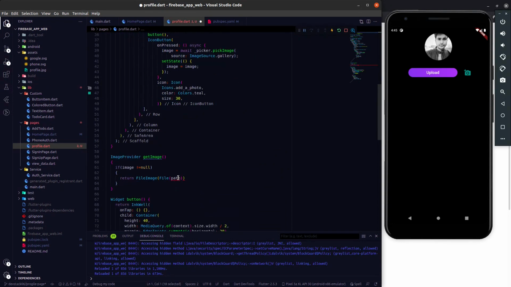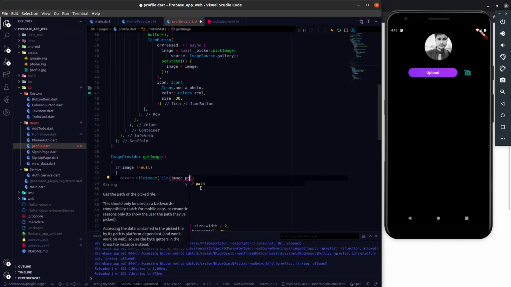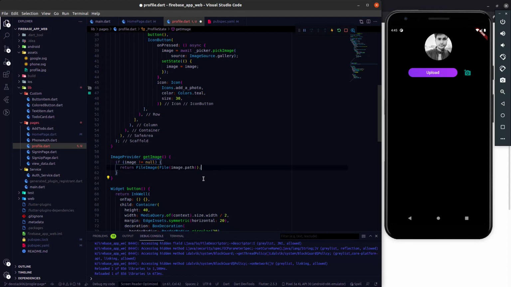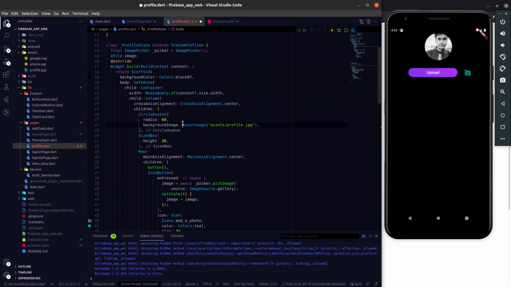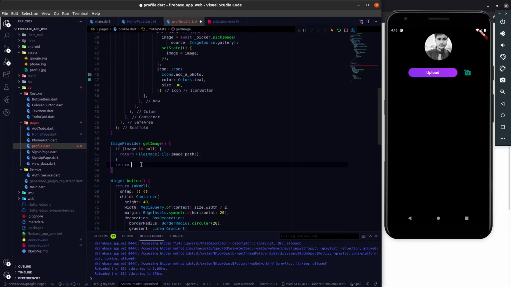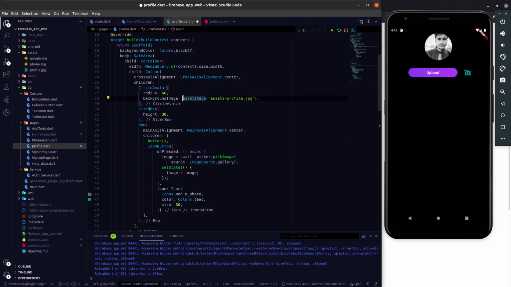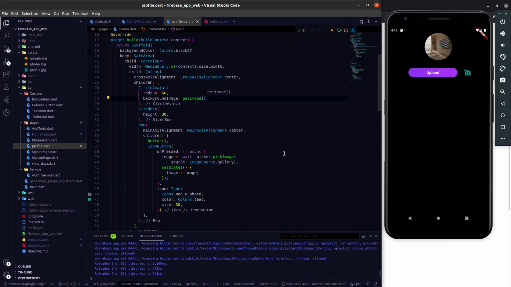Okay, and here we have to use the image dot path. So if the image is null, let's return an asset image, that is a default image. Okay, so if image is null, then we are returning an asset image which is a default image, and if image is not null, then we are just showing the image which we fetched from the gallery.